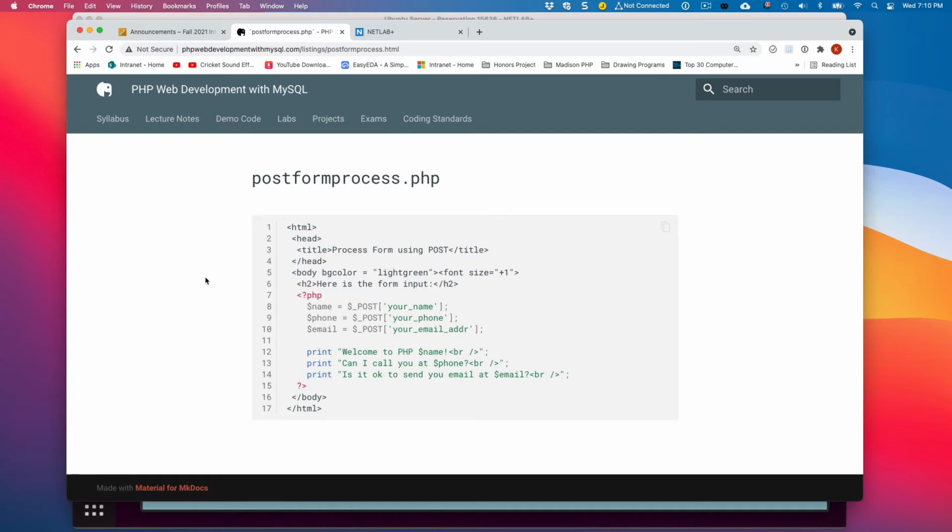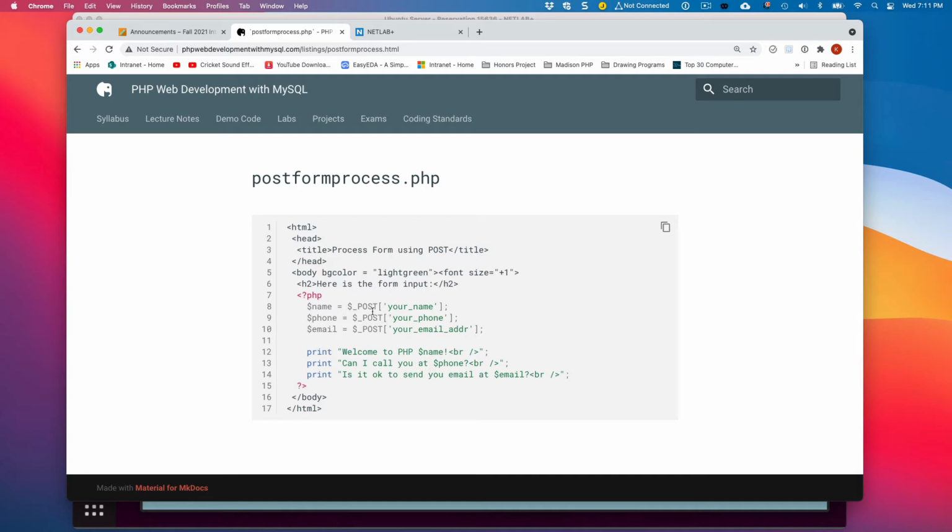Okay, now let's take a look at this. Now, what happens is when this is called, when we hit the submit button, this is the script that's going to get called. So I'm going to output, here is the form input, and then all of this gets handed to the PHP interpreter right here from the web server. So this right here is the post superglobal variable. It's a variable because it's denoted by a $ sign. And this is what we use to get access to field entries that our user entered into the form.